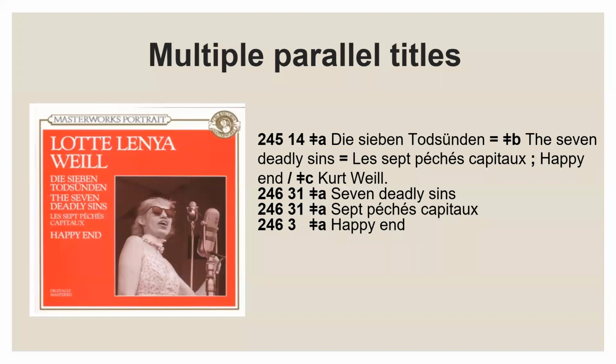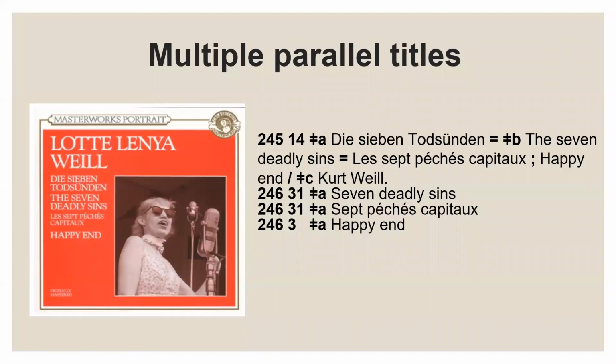Also, the title happy end is included in the subfield B since it is a separate title listed on the source of title. This title is preceded by a semicolon in accordance with ISBD principles, as it is a separate title and not a parallel title. The parallel titles are recorded individually in MARC tag 246 with first indicator 3 and second indicator 1,